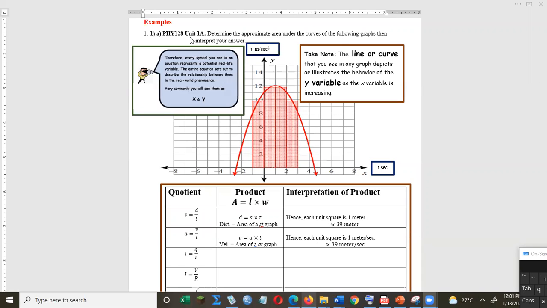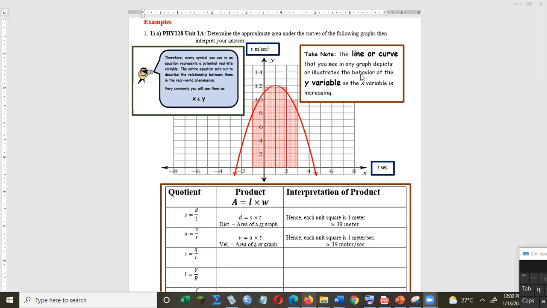Yes, so this question says, determine the approximate area under the curves of the following graphs, then interpret your answer. So here you have an example of the graph, and you've got a curve. As you can see, it rises, reaches a maximum, then it descends, and then you've got a shaded area from -1 to +3. Okay, now we need to take note that the line or curve that you see in any graph depicts